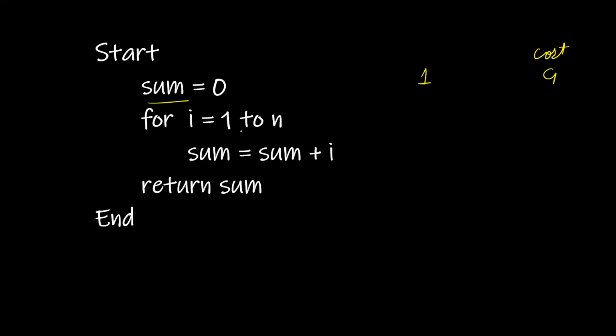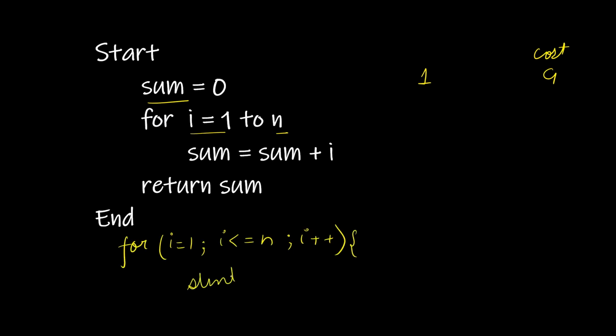Next we have a for loop which starts at index i equal to 1 and increments up to n. If the for loop increments or decrements by a factor of 1, we say that it runs n plus 1 times. Let us understand this better by writing a for loop in Java syntax. Now if we look into our for loop, first we initialize a variable i. Then we check the condition if i is less than or equal to n, and then our statement is executed, and after that our i is incremented by a factor of 1.